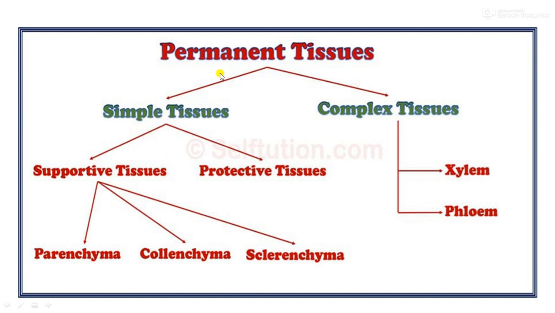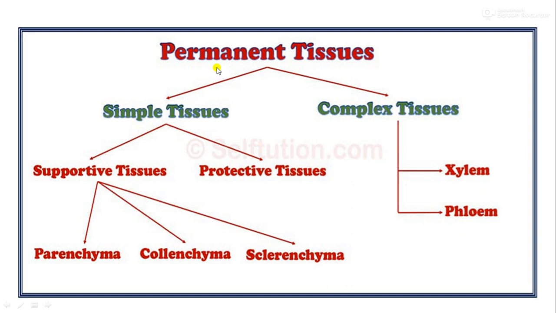Today I am going to explain to you about permanent tissues in plants. Already in the last video I have told you about plant tissues, which are classified into meristematic and permanent tissues. So meristematic tissues we have already learned, and in this video I will explain to you about the permanent tissues. So what are the characteristics of permanent tissues? They lose the power of cell division and they are differentiated into different tissues for doing a permanent function. We will learn the details of it.